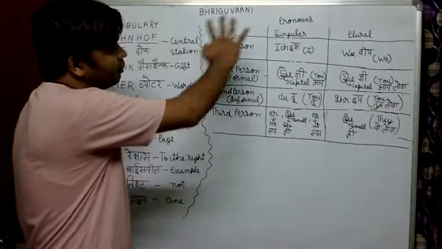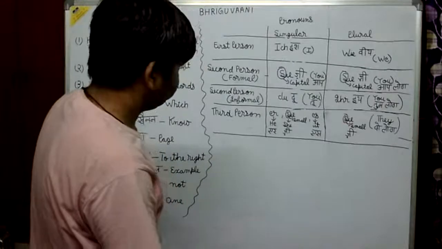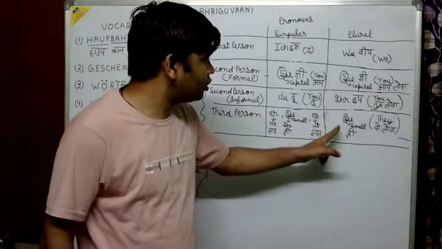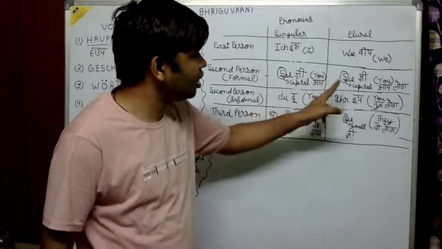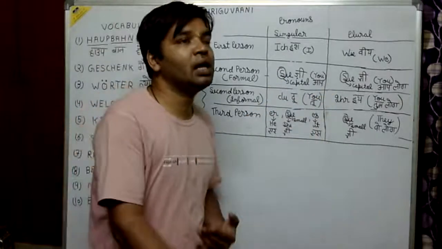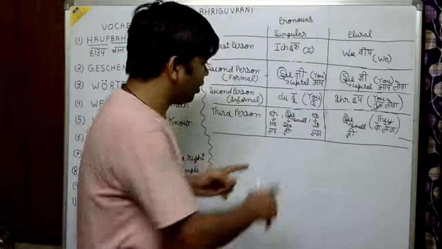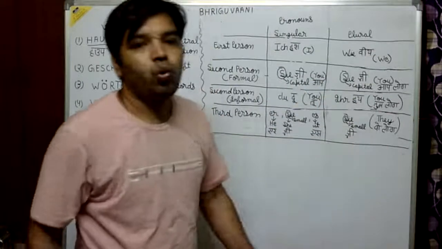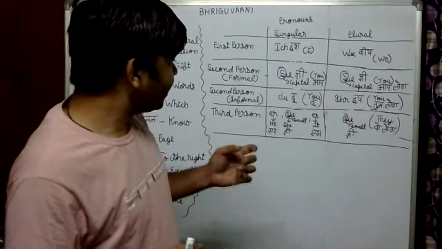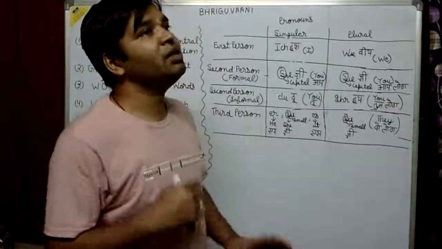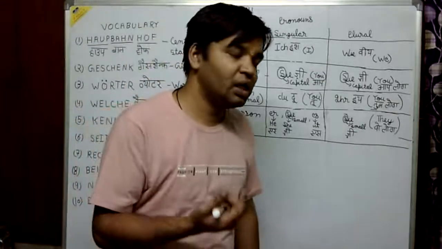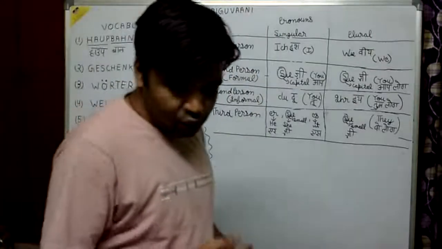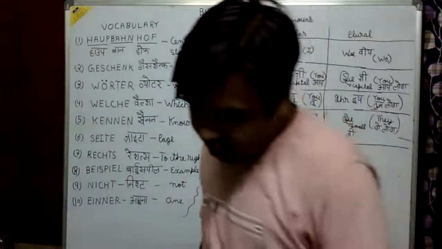So this is the table in front of you, and you may have a doubt that here also the same form is coming, here also, here also. So how can I recognize whether this one is for she, they, or you? We will recognize it based on the verbs in the sentences which we use. We have different formulas for using those verbs. Now let's learn those formulas.